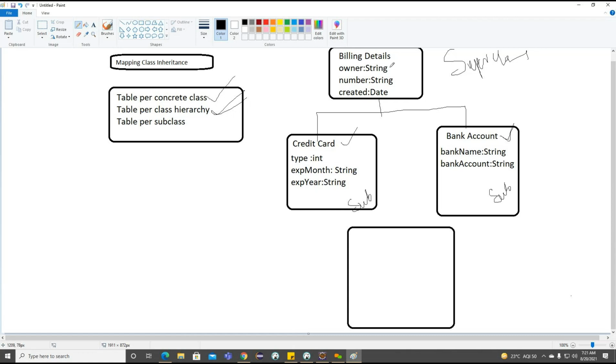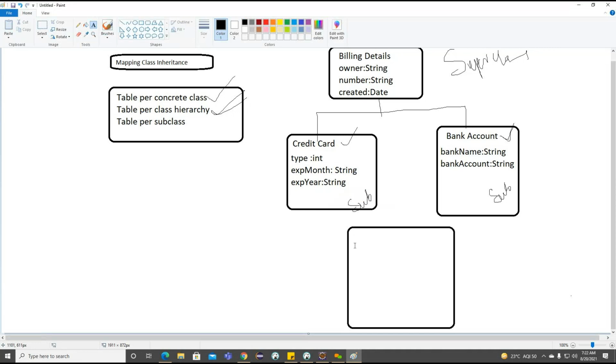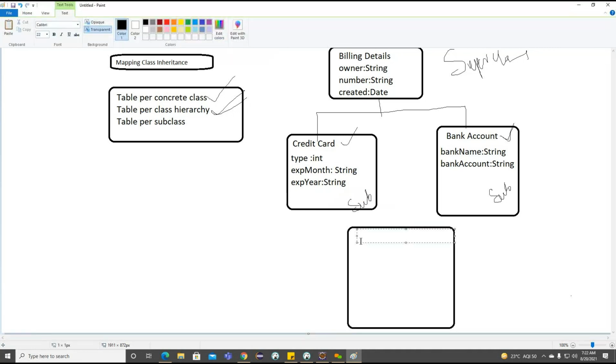But how are we going to provide all these properties in one table? As we discussed in the last class, we are going to work on a concept called the discriminator column. With the help of this discriminator column, we'll see how these properties are going to be injected into the one table. So let me add the column called discriminator column here. You can see how I'm trying to define this table.